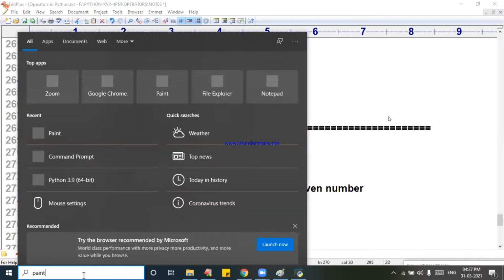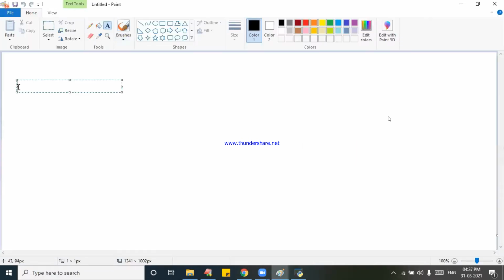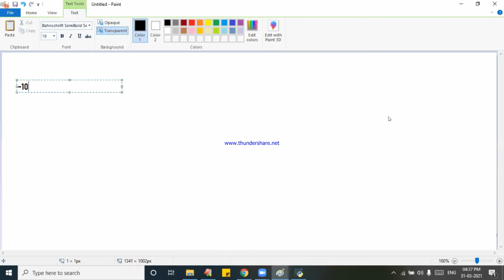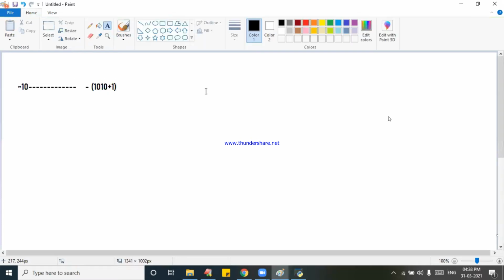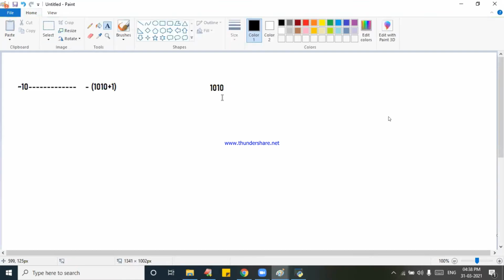So here I am saying complement of 10 is as good as minus of 1010 plus 1. It is as good as similar to 1010, and you are adding 1 to that.